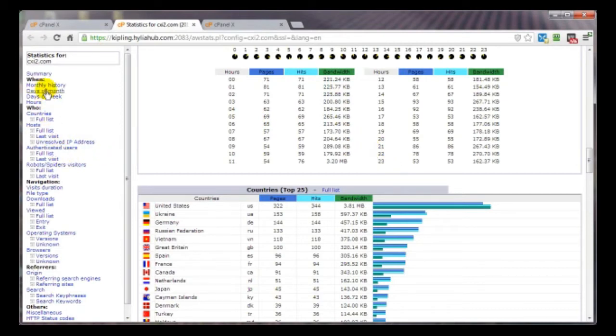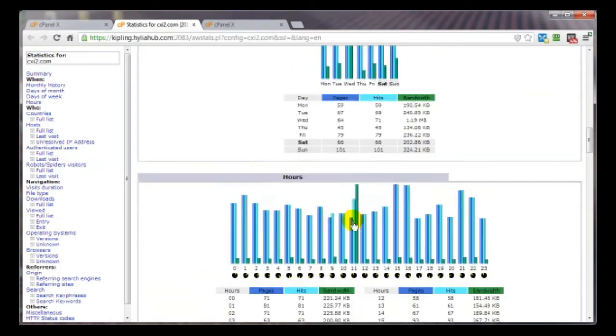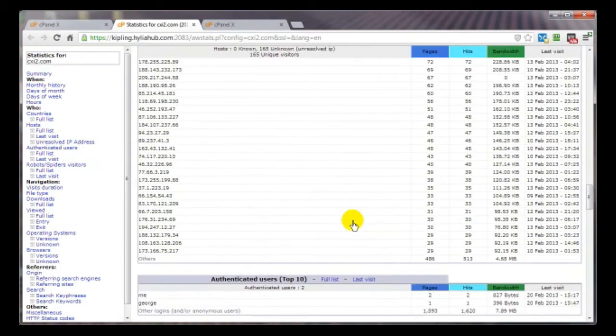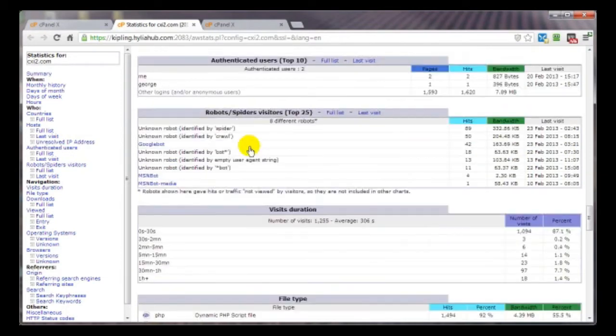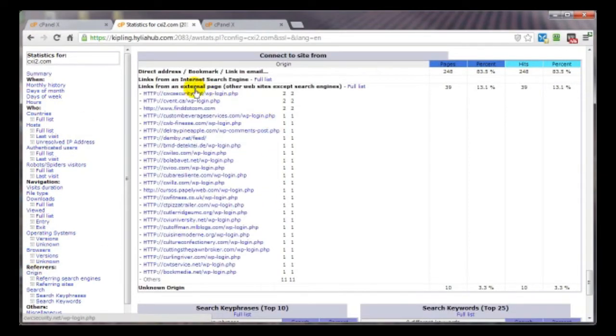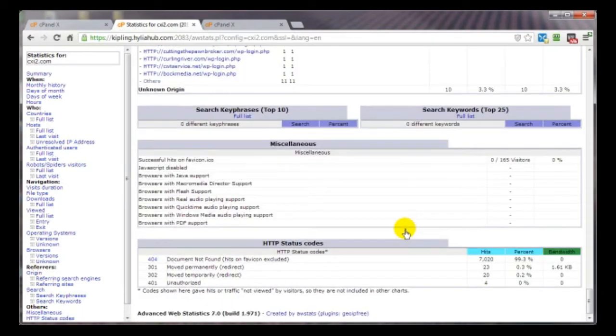And you've got a lot of information over here to the side that you can just simply click on to see if robots are visiting, if authenticated users are visiting, the countries, the days of the week. These are pretty much the breakdown of what we've already seen up here. You can scroll on down further to get even more information. And they all pretty much coincide with these clickable links over here. Click on this and it'll take you to this section of the report right here. So as you can see, all info junkies will love the free AW stats that come with your cPanel control